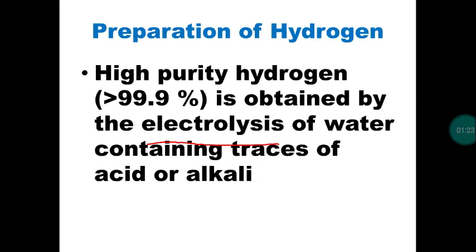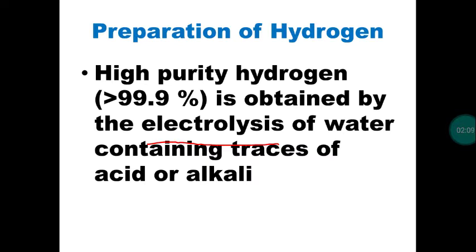So we are going to prepare hydrogen using the electrolysis process. For this, we need an electrolytic or electrochemical cell. So how to construct the cell? We take three components for the construction of a cell. First component, cathode; second component, anode; third component, electrolytic solution. These are the major components to construct a cell. An electrode acting as the negatively charged electrode is the cathode. An electrode acting as the positively charged electrode is the anode. Then the electrolytic solution. So this is the construction of an electrolytic cell.